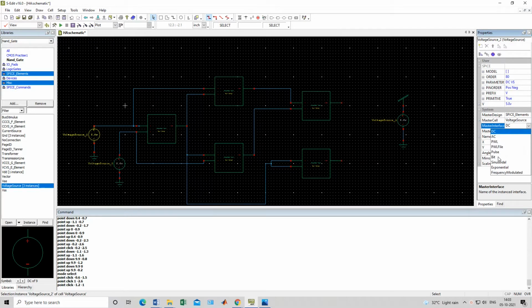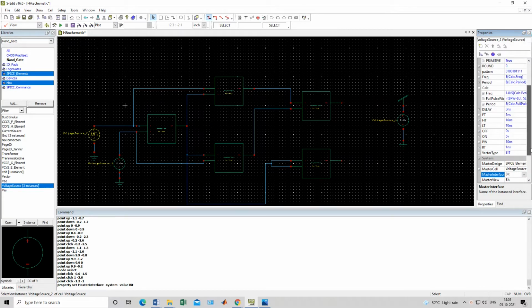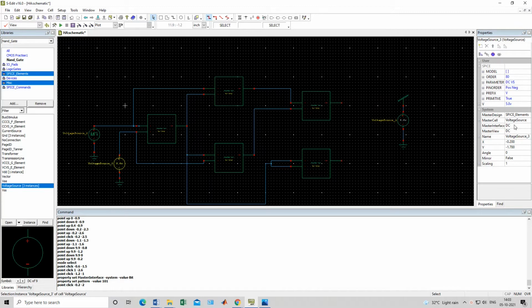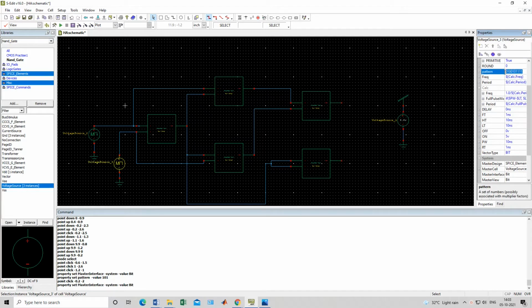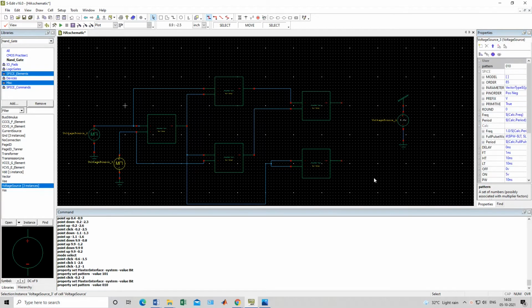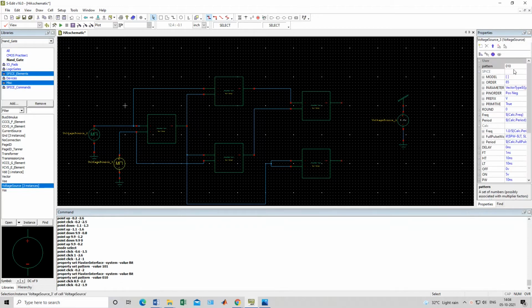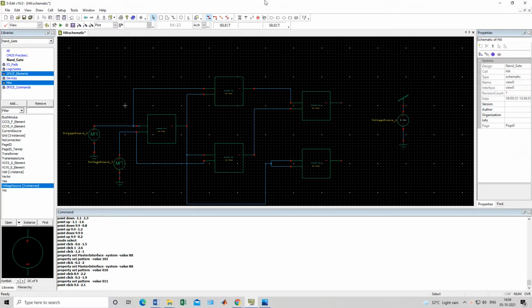I will go for bitwise right now, just for explaining to people. The pattern I will give first, put it as 101. Okay, A is 101. Now go for B. You can convert this from DC to bitwise, and here you will make it 010. Okay, A and B done. This is bitwise, and we will observe the output. Just for B I will make 011. Okay, the output we have to observe here.